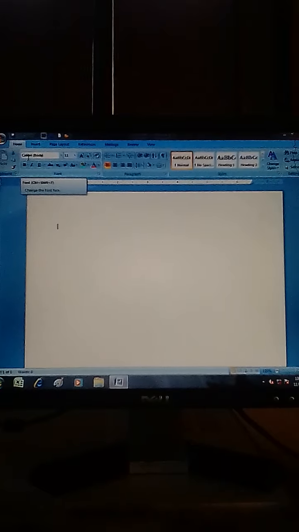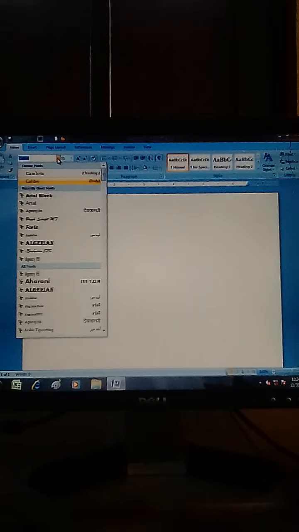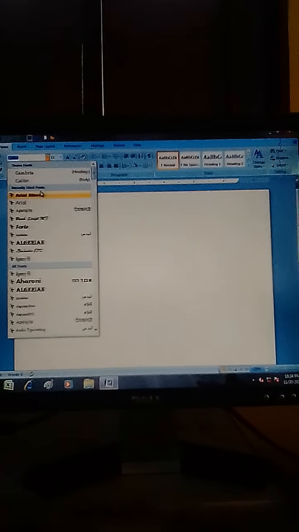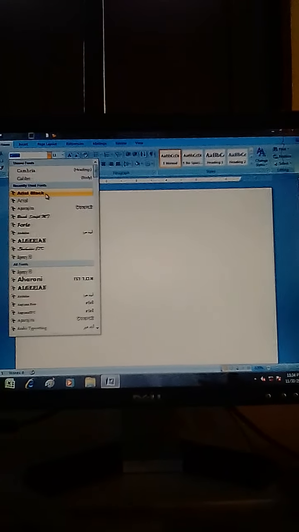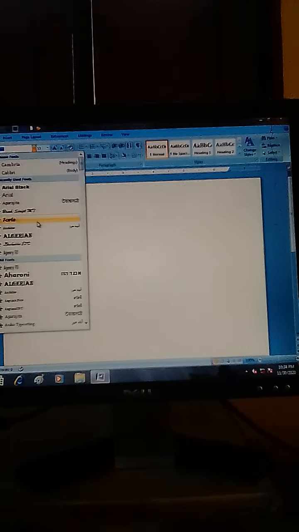Here you see that there is Calibri body. When you click on Calibri, a menu will appear in front of us, and in this menu there are several styles of typing that we can select during the editing or formatting of a document.